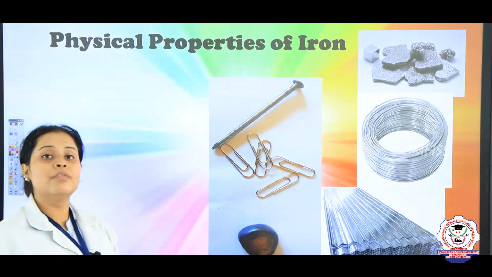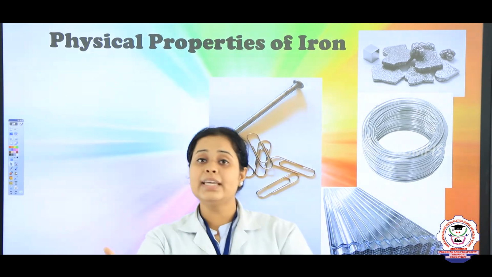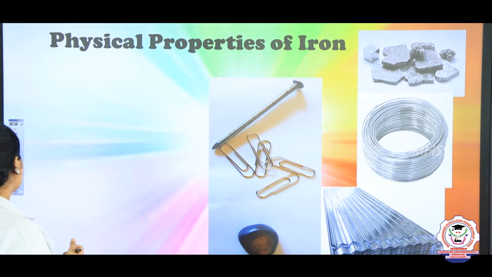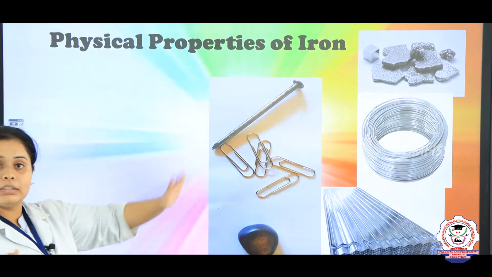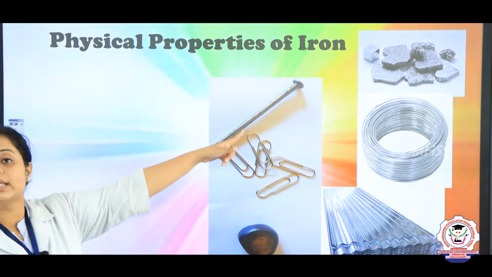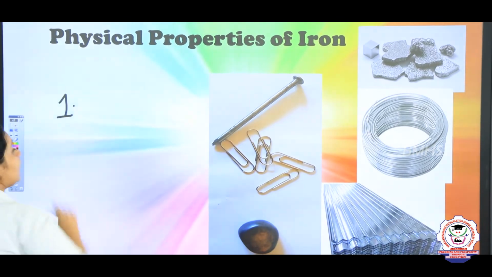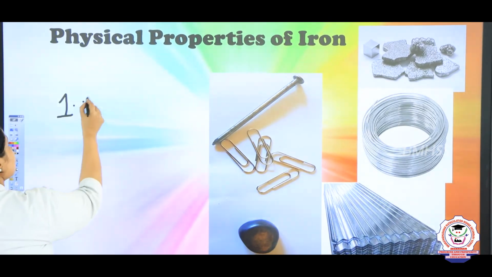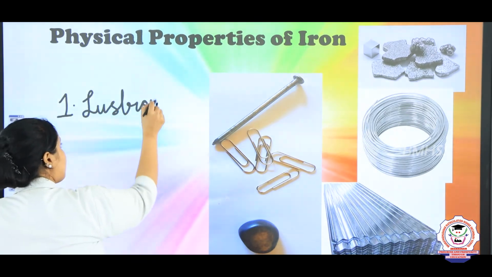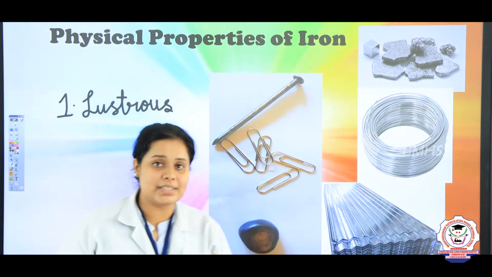First, let's see what the physical properties are. So children, physically means how it looks when you see it, or how it will react. The first point here is, whenever you take iron, it is a lustrous or very shining metal which will look a little bit whitish. So the first point is, it is lustrous. And the color you can see over here looks a little bit grayish and whitish, right?